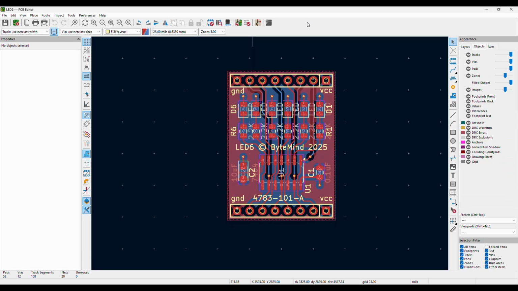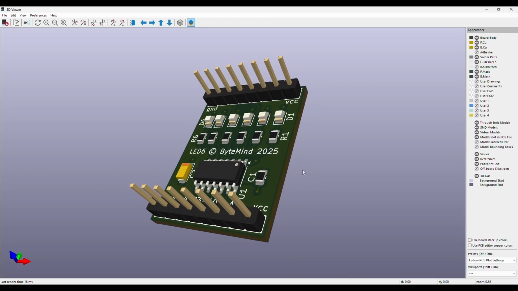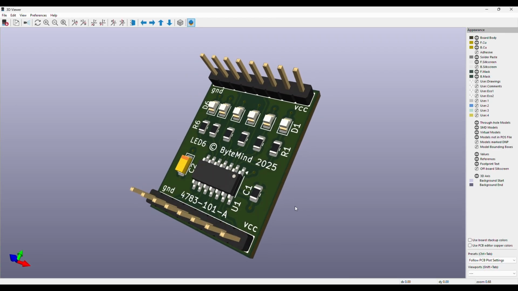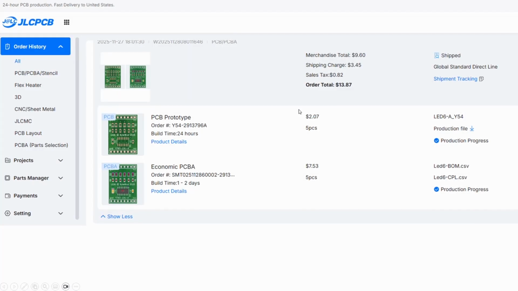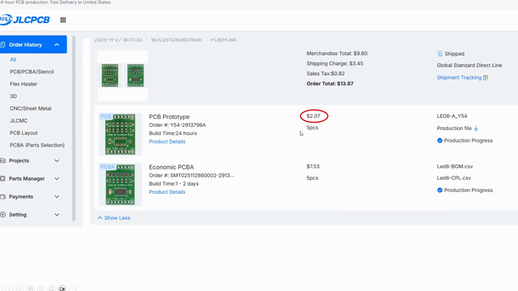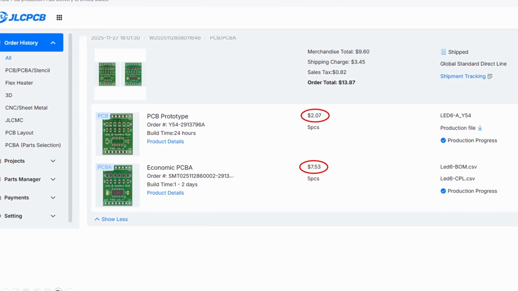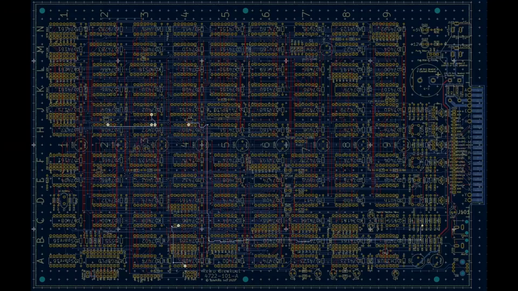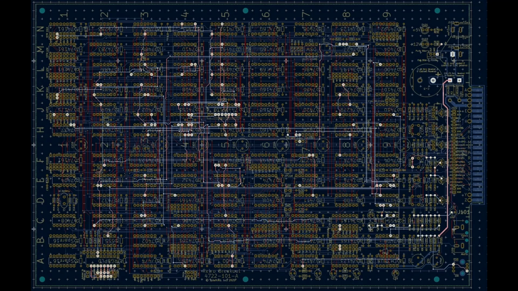I got lazy with this one and did the board with SMD components. I then had JLC do the boards in assembly. You can see here that 5 boards were only a couple of bucks American, and assembly totaled $750, including parts. Basically free. Just as a recap, you don't need to know KiCad to have any of this stuff made.